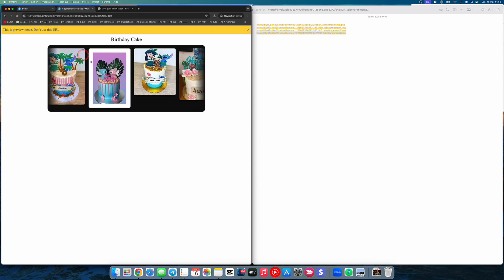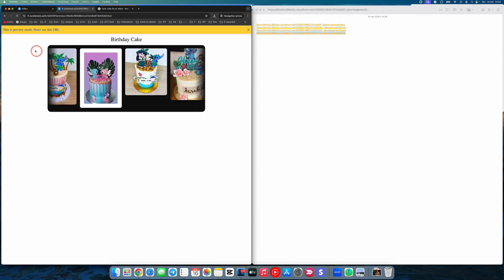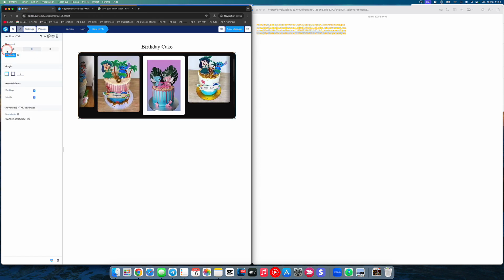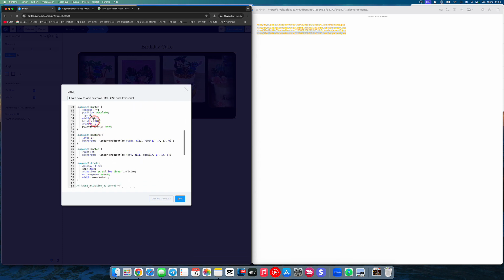Let's say I want to change it. I think it's going too slow. I want to make the images move faster. This is why I told you it's important to choose the same image sizes, because otherwise it's not going to look as good. But then it's your work to do it. So I'm going back to edit. I'm going to edit code, and here,